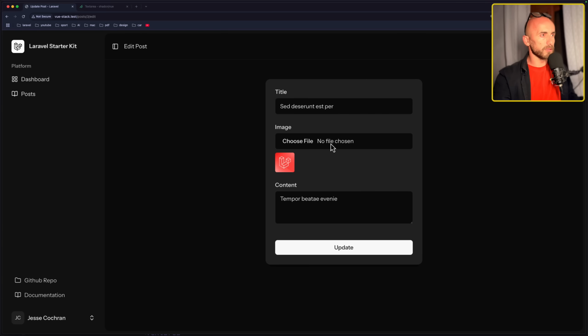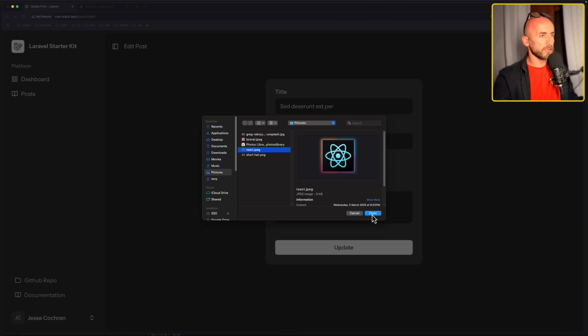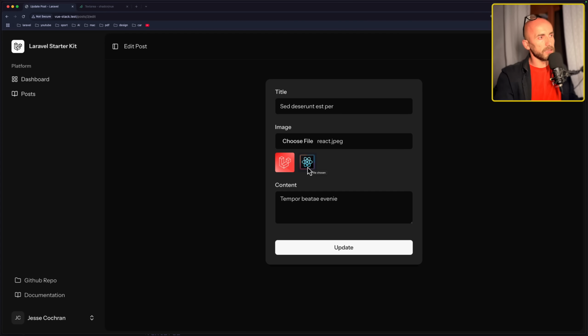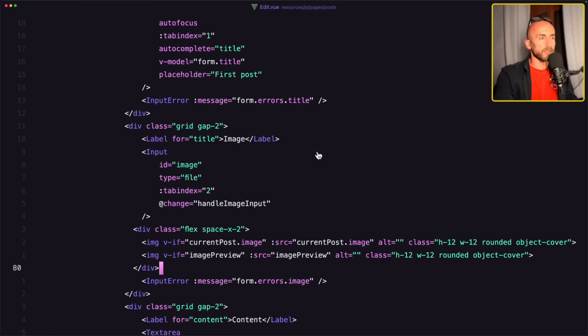Now if I choose the image React, we have side by side. Let's do the same thing. So reduce the opacity if we select another image here. So I'm going to use